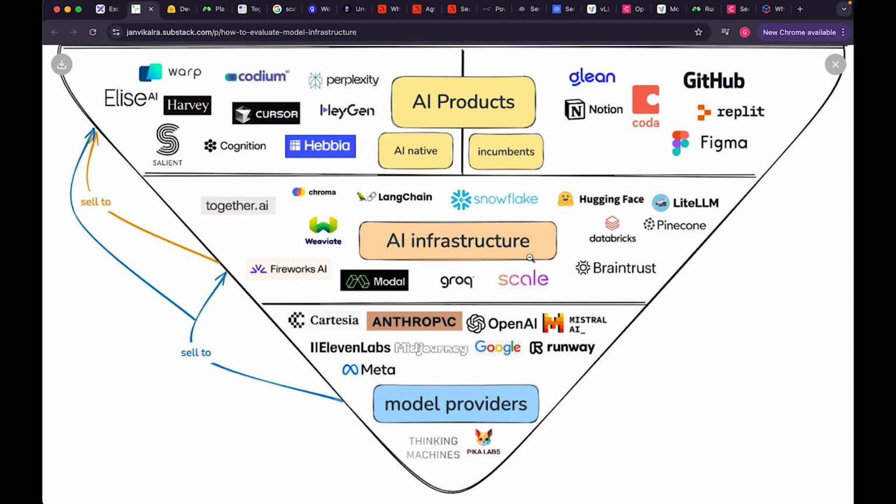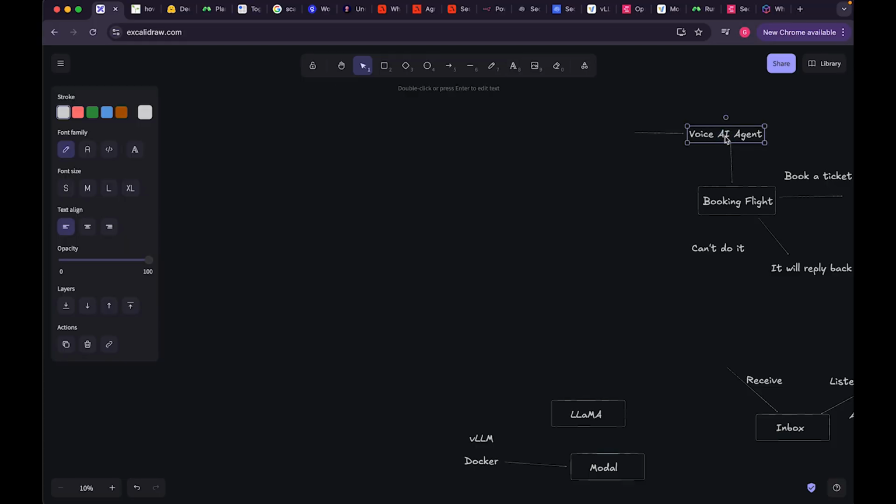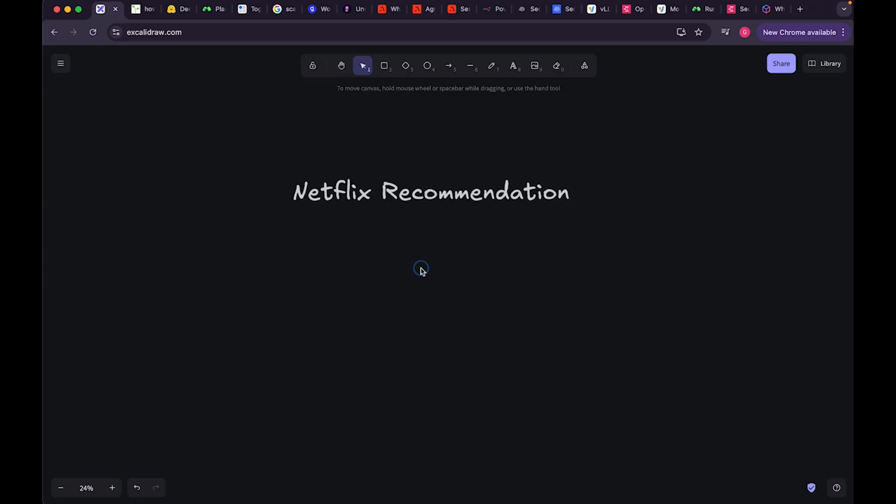For embeddings, I think we can use, not LangChain, but OpenAI's Ada models, etc. And then for vector DB, we can use Pinecone. Okay, so let's go to the Netflix recommendation. What we want to do is build the Netflix recommendation engine. The first thing we have to assume here is, let's say millions of users